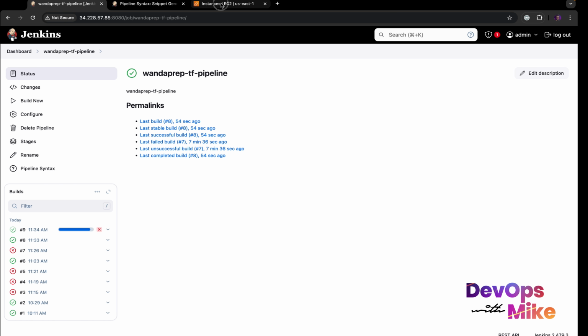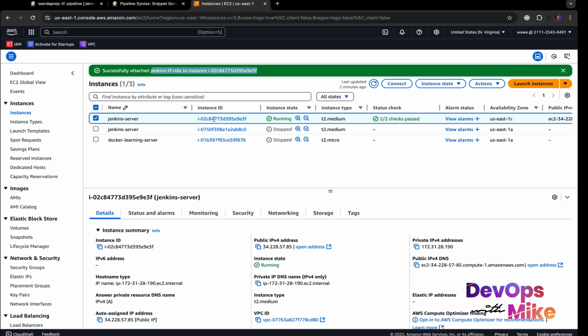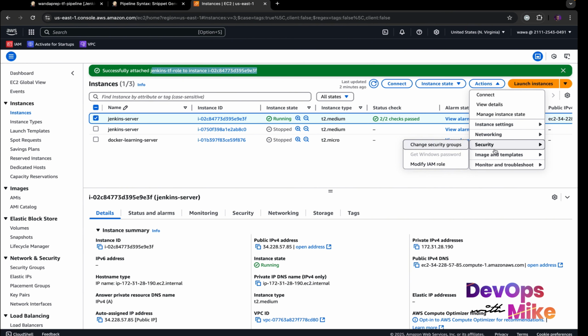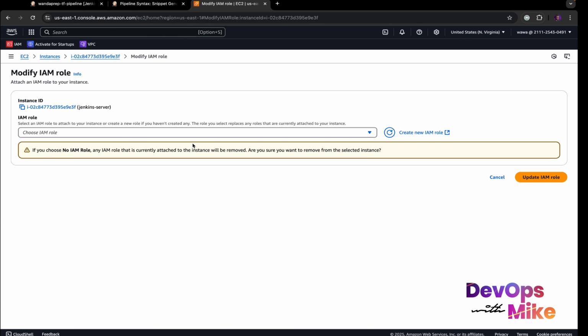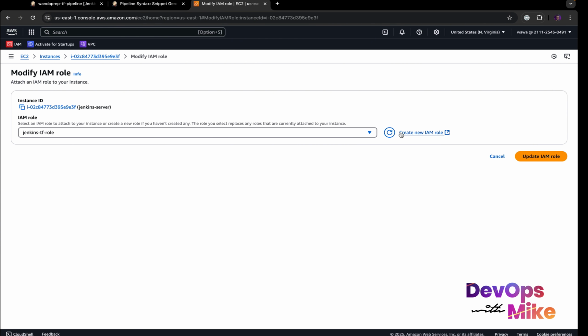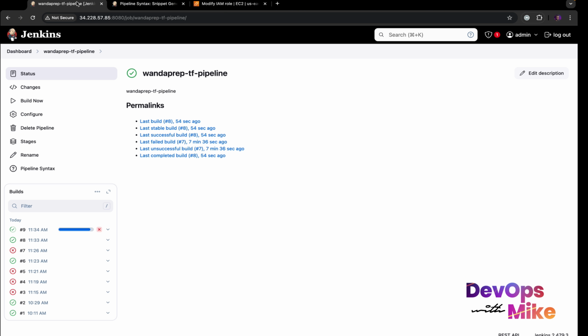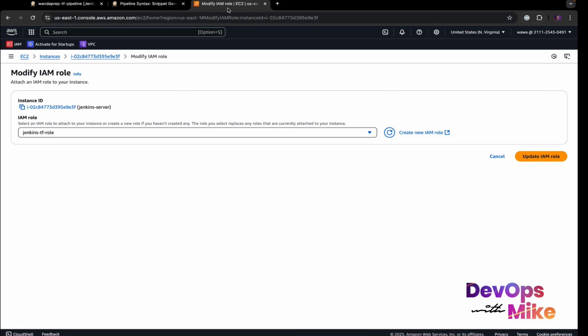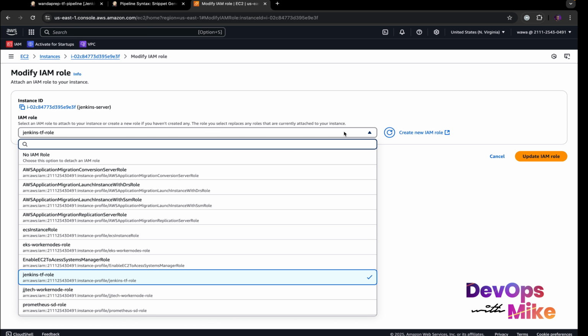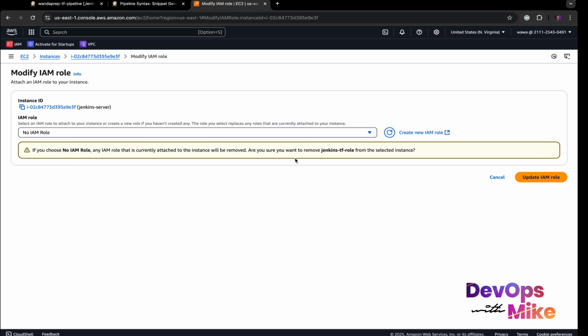If you come here to instances, to Actions, Security, Modify IAM role, there's already a role attached to it. You see, the instance is currently attached to the Jenkins Terraform role. That's why our pipeline stages can run. But if I click on modify here and select no IAM role,